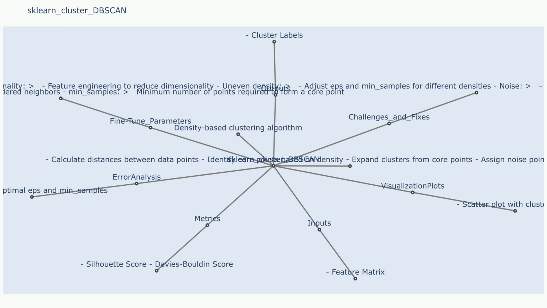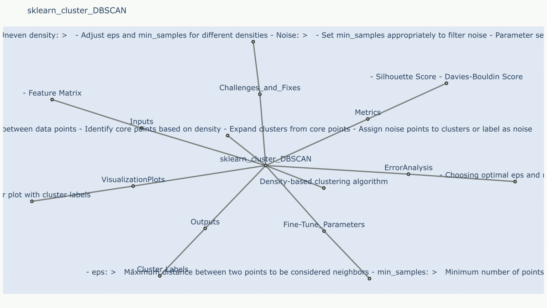Handling high-dimensional data. DBSCAN can be sensitive to the curse of dimensionality, where the distance between points becomes less meaningful in high-dimensional space. In very high-dimensional datasets, DBSCAN might fail to find clusters or identify all points as noise, due to the difficulty in defining meaningful neighborhoods.